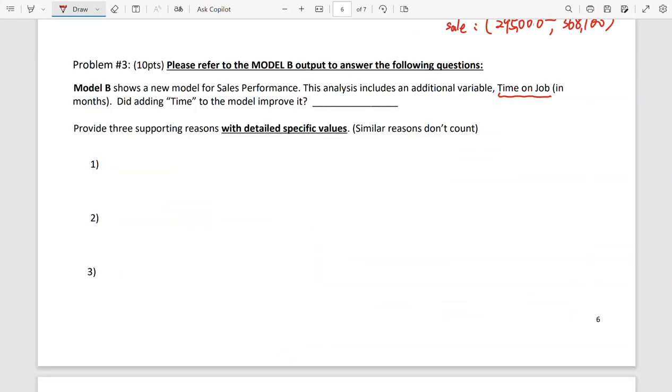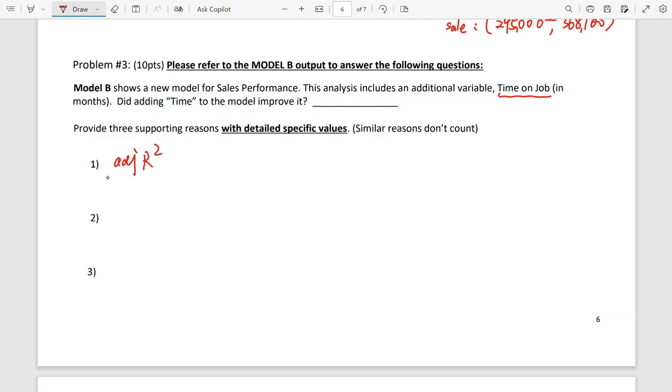So now we want to know whether model B has improved, whether adding time to the model improved the regression, right? So how to compare these two models? The first one,